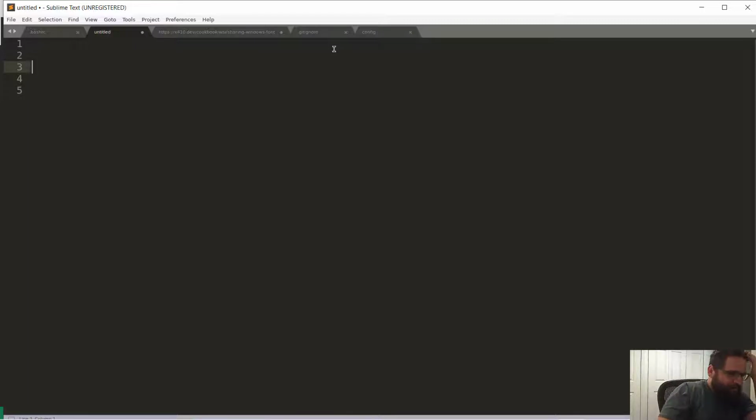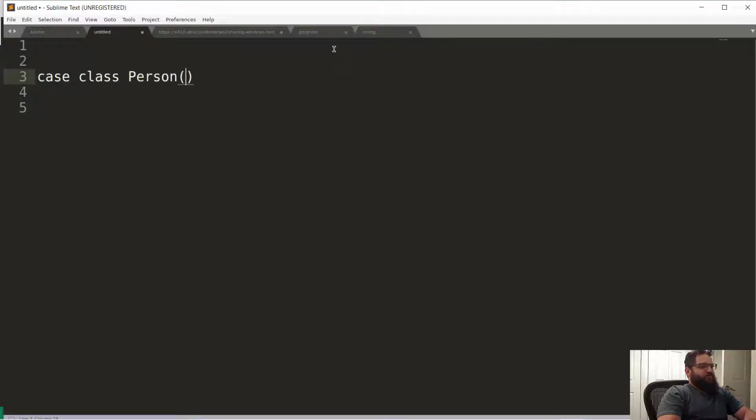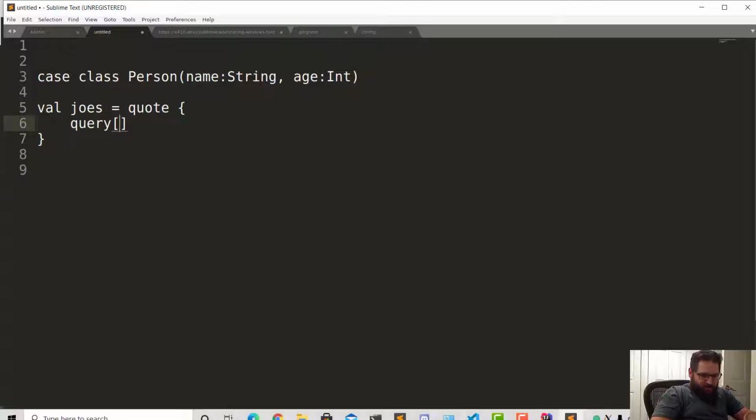Typically in Quill, we have this idea of case class Person, name String, age Int. Then val people, let's say Joes equals to query, quote, query of,